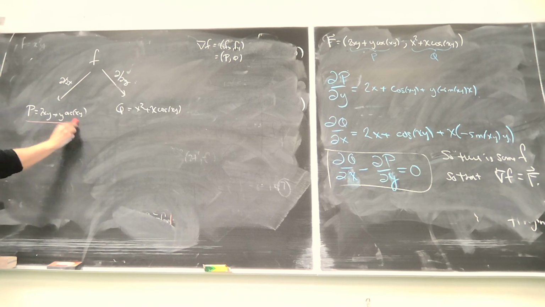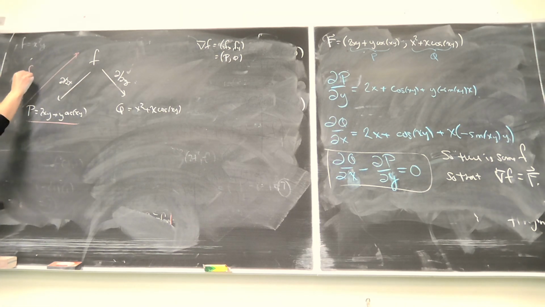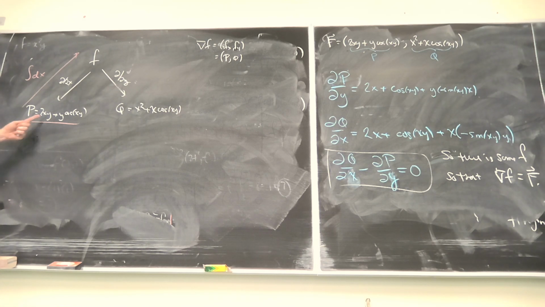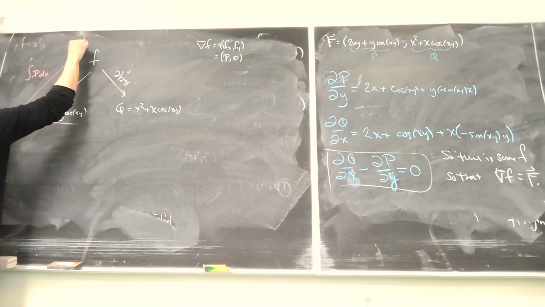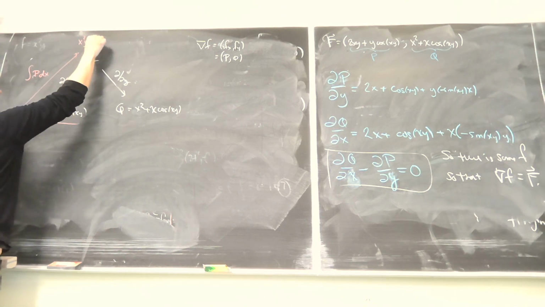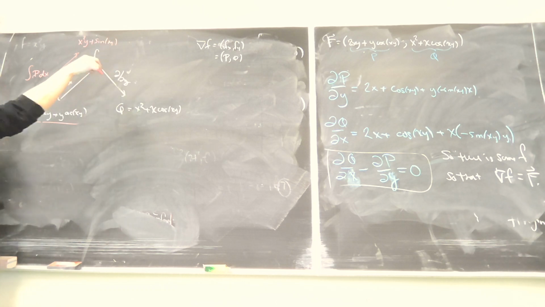So if I took this and integrated with respect to x, I should recover little f. So we calculate the integral of p dx, and f should pop out because I'm undoing the derivative. Of course, it's a partial derivative. So what do I get? x squared y plus sine of xy plus,